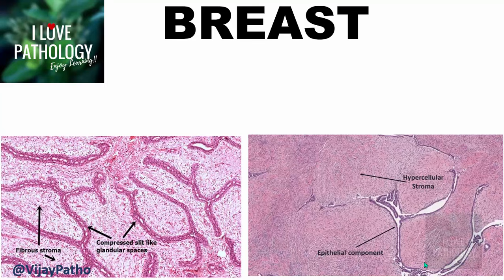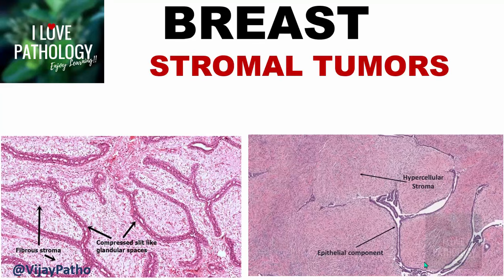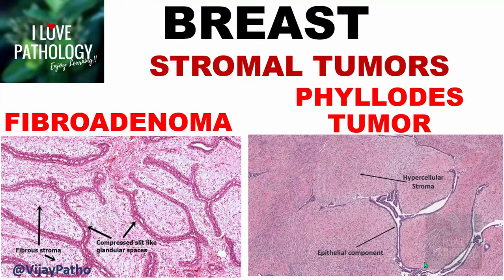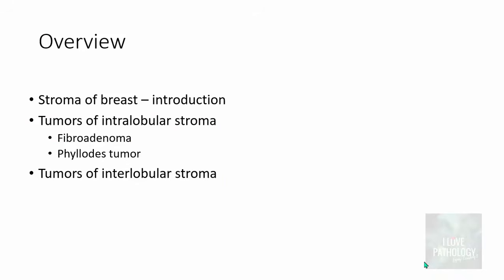This is part 3 of the breast pathology series which I am covering for the undergraduate students, the medical students. In this part, let's learn about the stromal tumors of breast, the benign stromal tumors of the breast, which includes fibroadenoma and Phyllodes tumor. This is what we'll be discussing in the next 5 to 10 minutes. We will talk about the stroma of the breast and then we will discuss the tumors of intralobular and interlobular